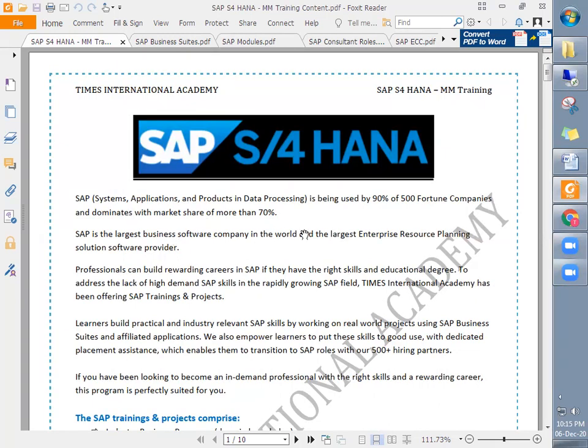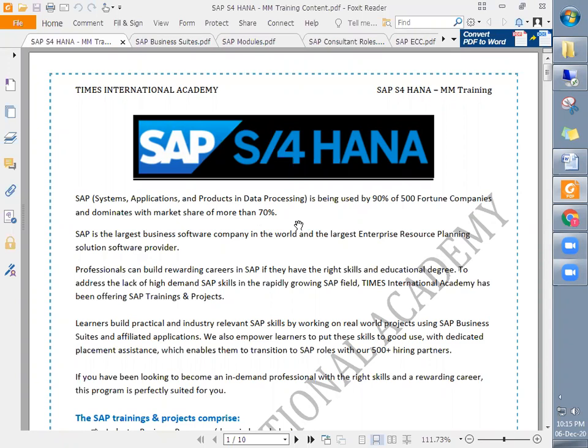SAP is used by 90% of Fortune 500 companies, and it dominates with a market share of more than 70%. Meaning, if we say that 100 companies exist globally, more than 70 of them are using SAP. That is why there is a good demand for SAP consultants. The remaining 30% of companies use other software like Microsoft Dynamics.